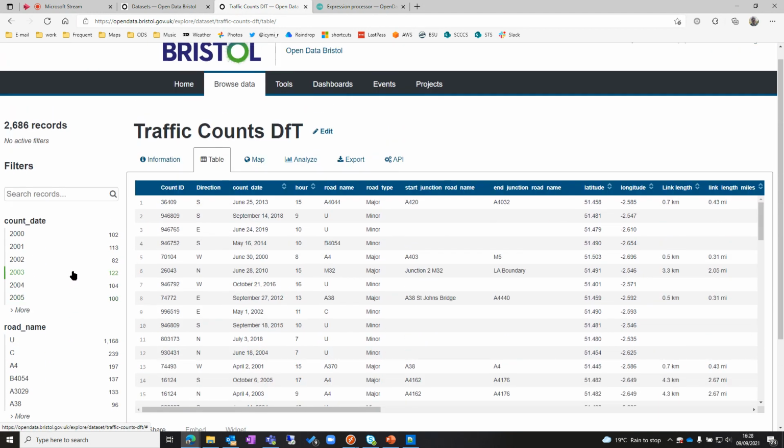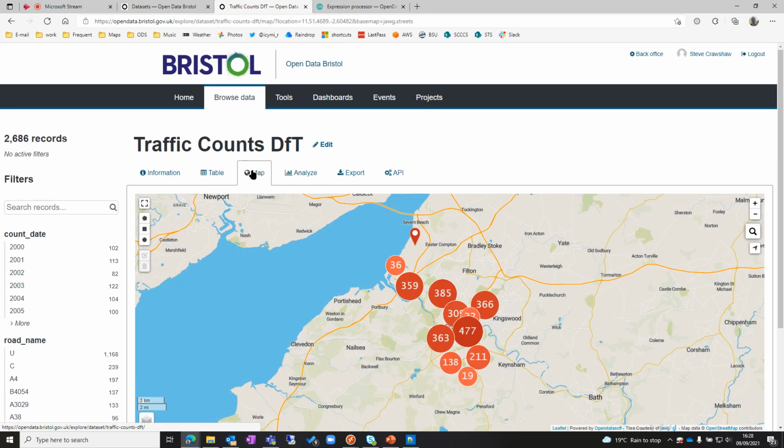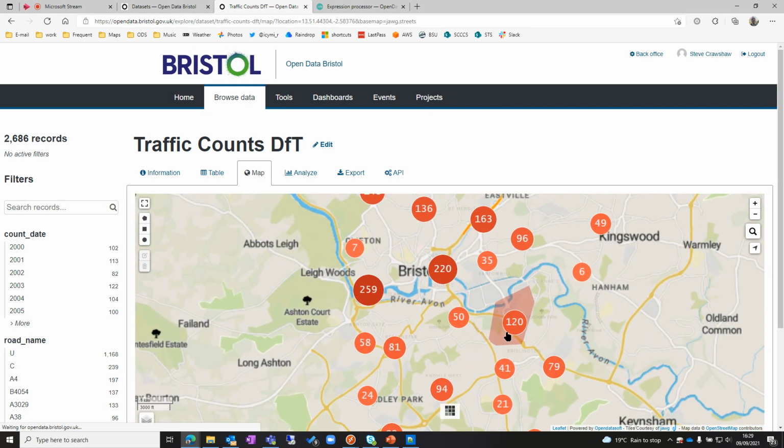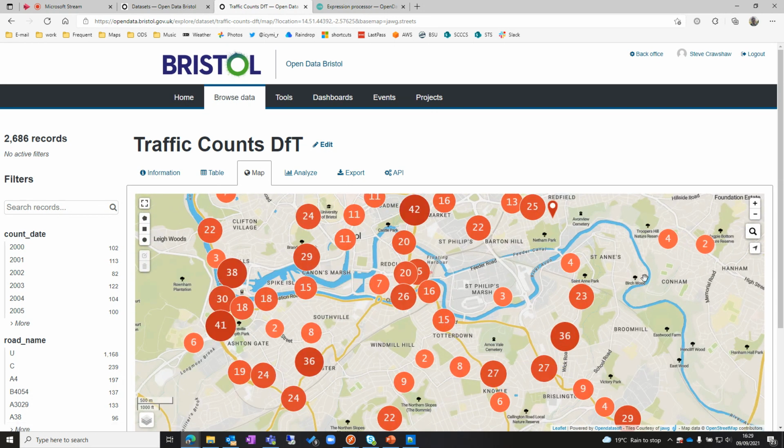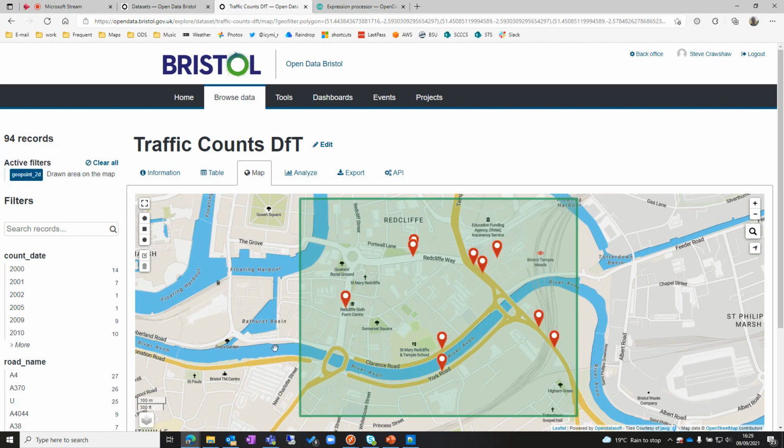And I'll talk a bit more about them in a minute, but I just wanted to also point out the map that now appears. Because we've now created a GeoPoint, the map functionality appears. And this is showing us all of the count points within those nearly 3,000 lines of data, so that we can actually get a nice map, and we can also do things like filter on the map. If we just want to look at Redcliffe, for example, we can do that, which I showed in a previous video. So that's the geographic filter,